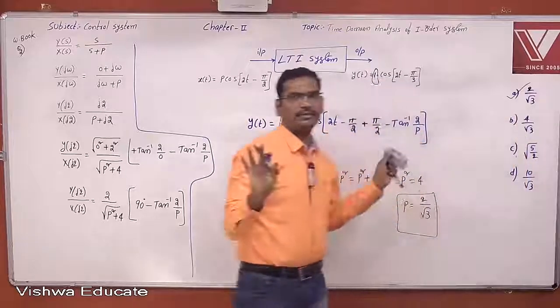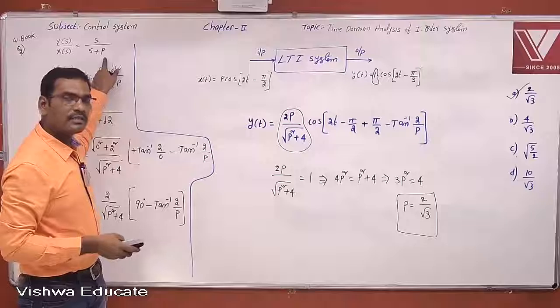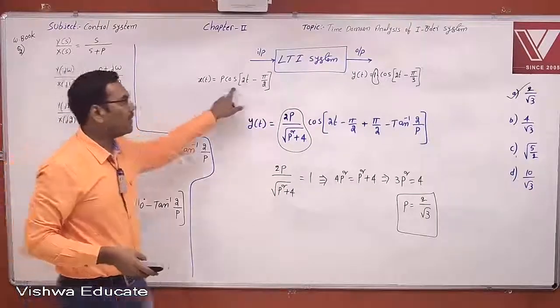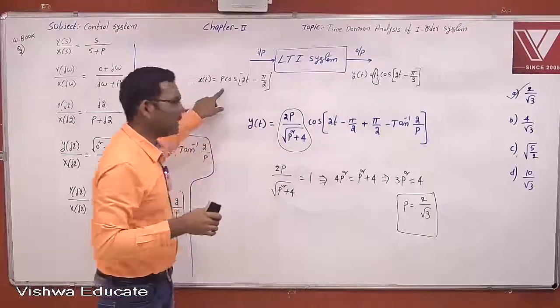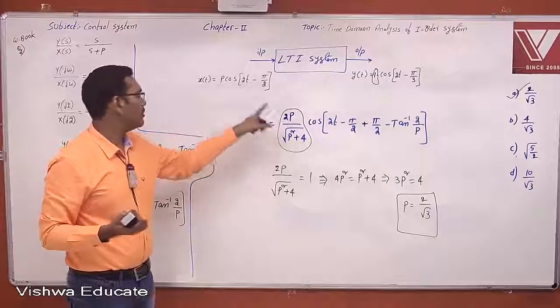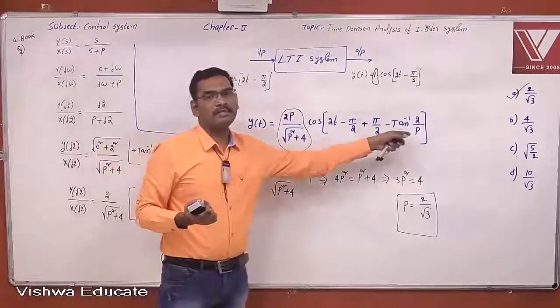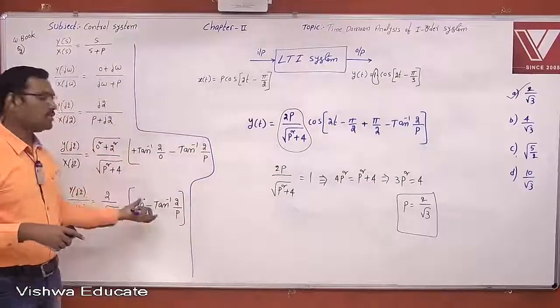I just explained, just a second. This is the transfer function which is given. Input is given, output is also given. Let us assume output is not given. If input is given, what is output? Magnitude is changing by some factor. Phase angle is also changing by some factor. How much is the change in magnitude? We are calculating. How much is the change in phase angle? We are calculating